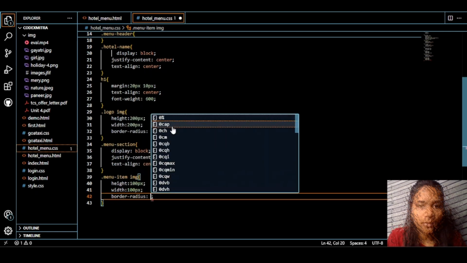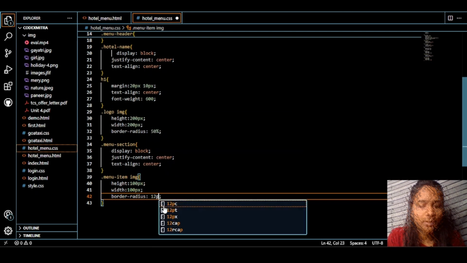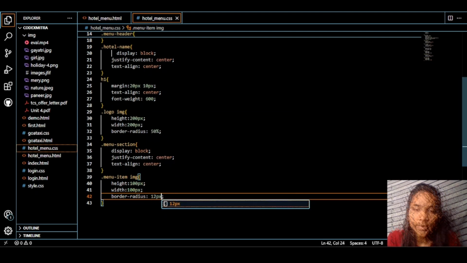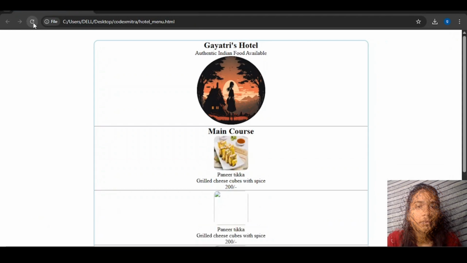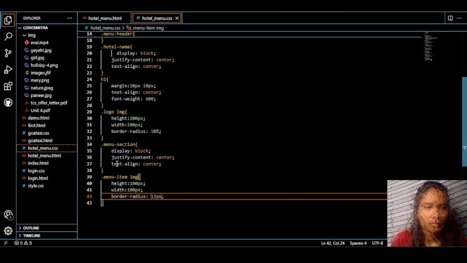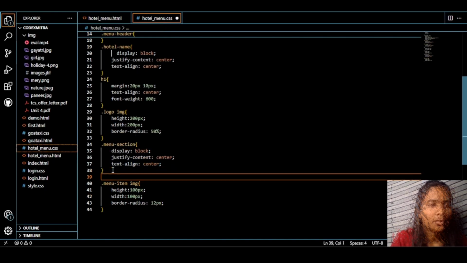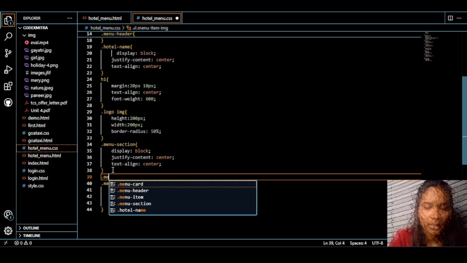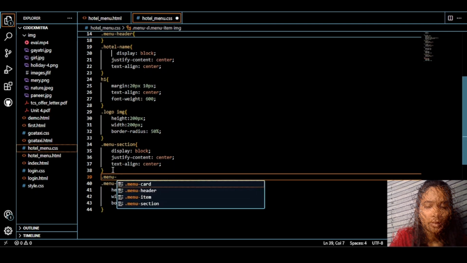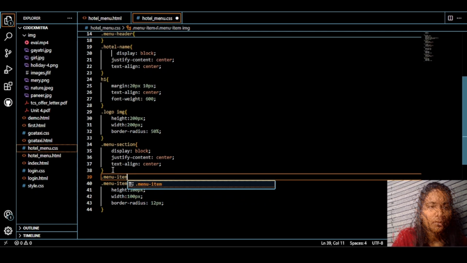Now let's add the border radius for that image. It curves those sharp corners. Now here you can see the image that has the curved corners. Now let's give some more properties. Now here I will be selecting menu items,